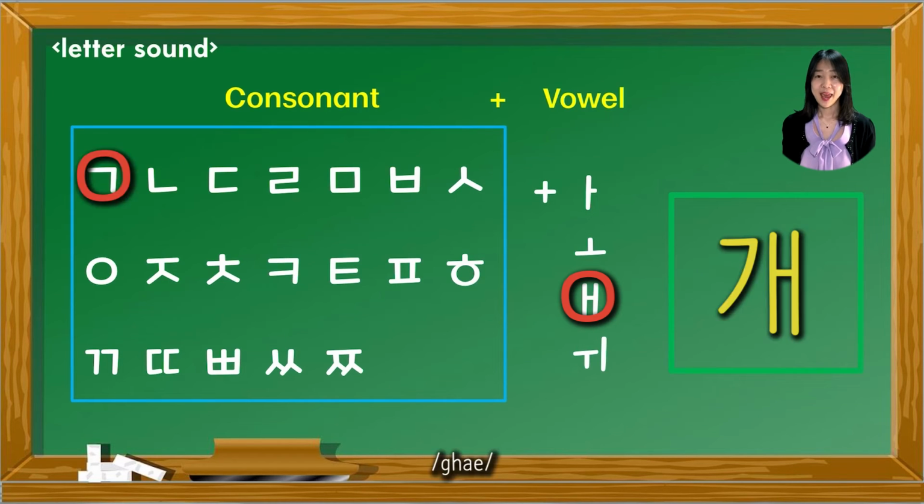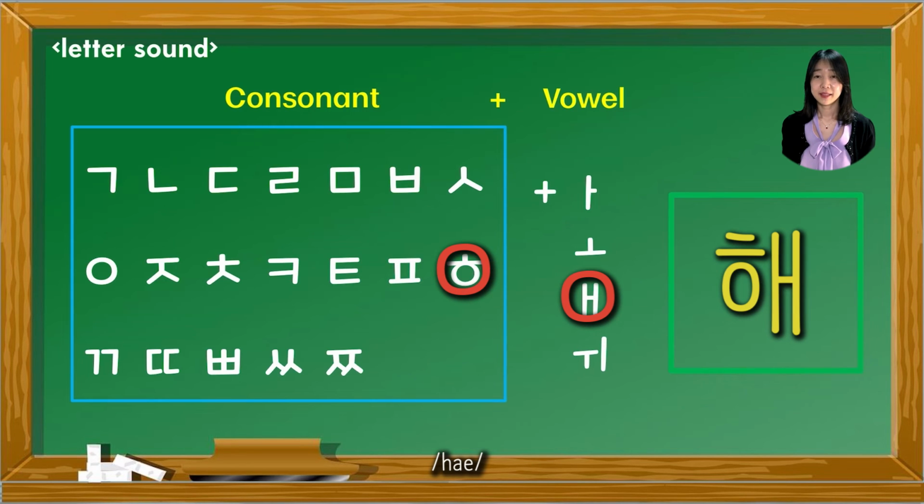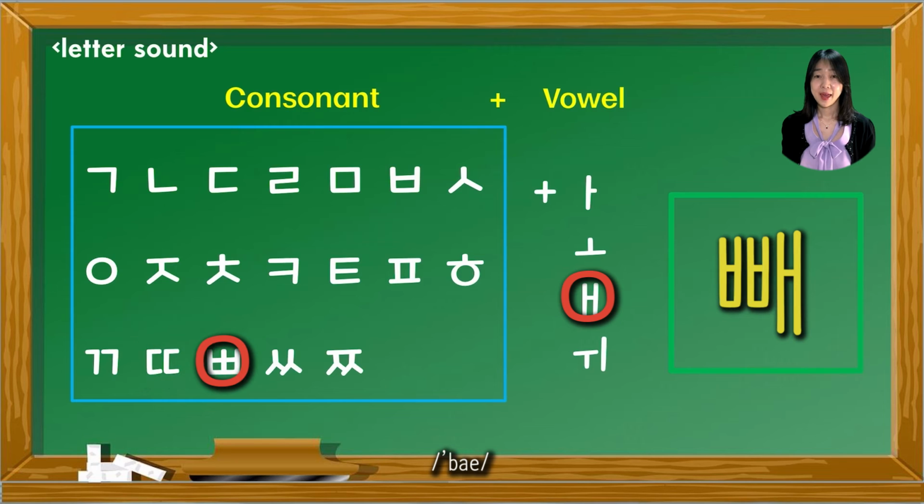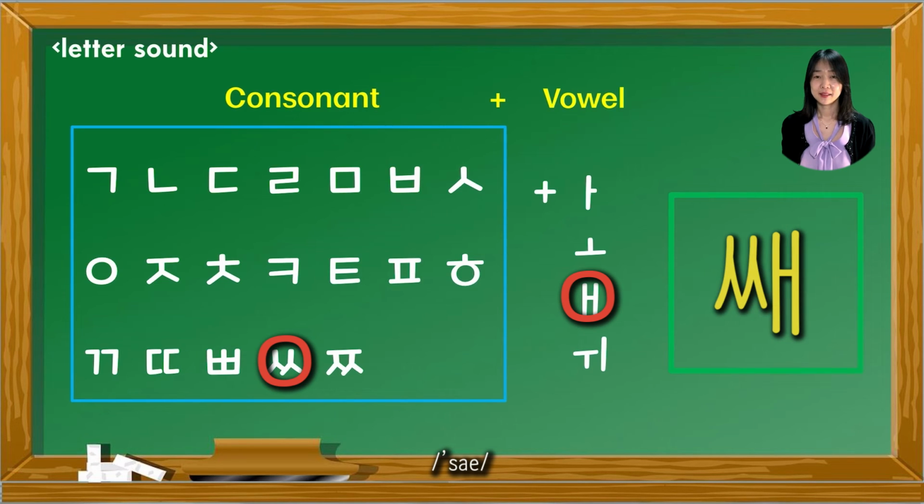and 개, 네, 대, 레, 매, 배, 새, 에, 제, 채, 캐, 태, 페, 해, 깨, 떼, 빼, 쎄, 쩨,